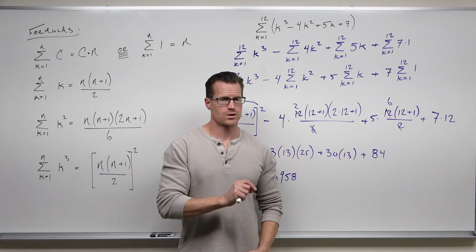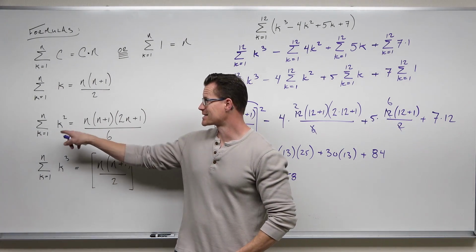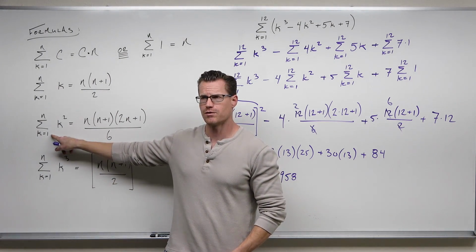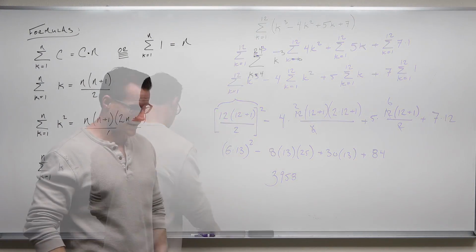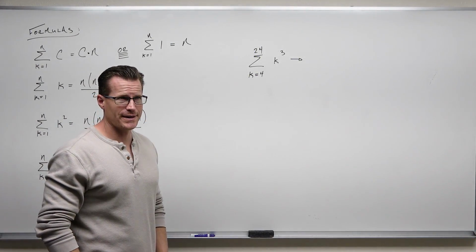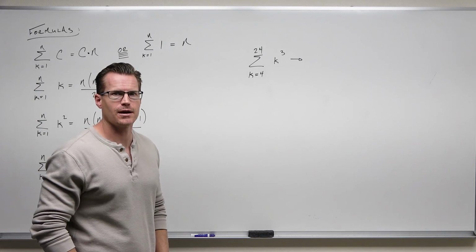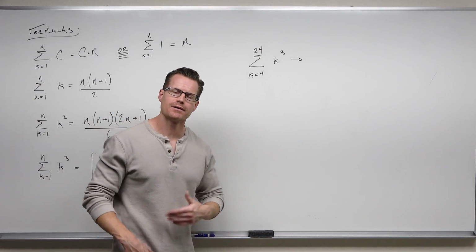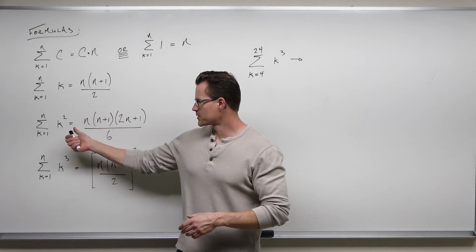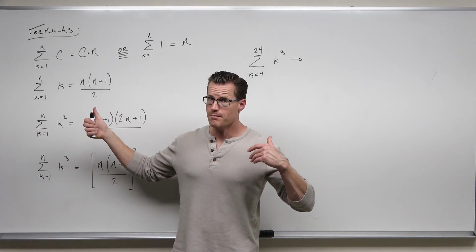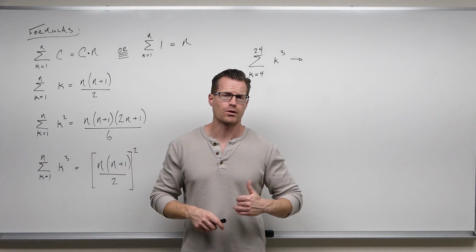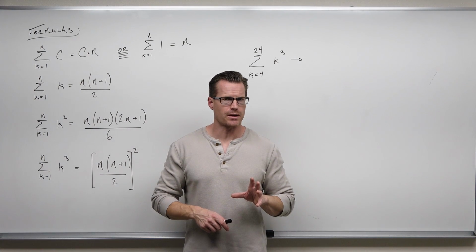I'm going to give you one more example about how to manipulate something that doesn't match this. Like, what if you don't start at 1? What if you start at 4? I'll show you how to do that. All right, so what do you do when it doesn't match up with where you're supposed to start? Like if you start at k equals 4 and you're supposed to start at k equals 1, is this going to work? No. And don't try to make it work the way it is right now. It will not work. So let's be smart about it.